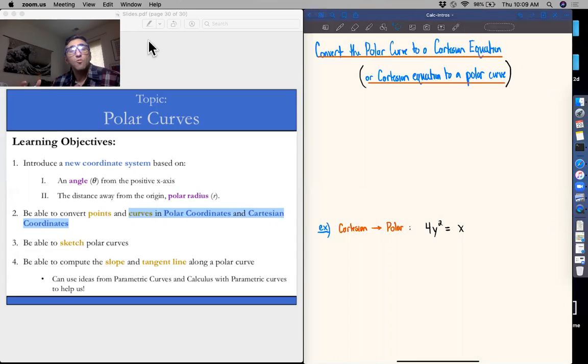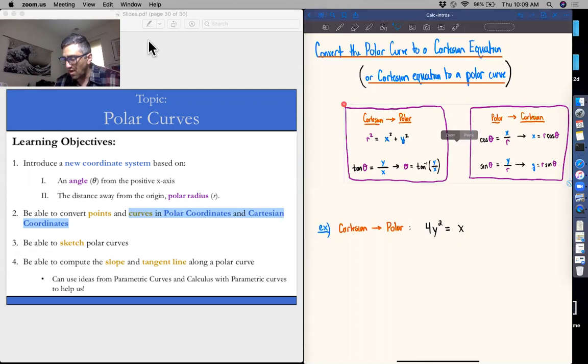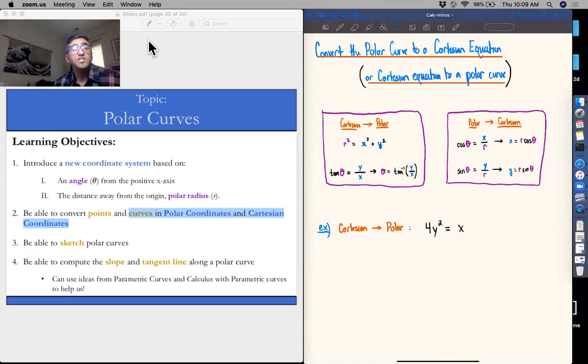Hey, so in this video, we're going to learn and see how to convert entire polar curves over to their Cartesian representations, or vice versa, converting a Cartesian equation over into a polar curve. So whenever we're doing any of these types of converting from polar to Cartesian, vice versa, or translating them back and forth, we're going to call on those equations that we derived that gave us relationships between those polar coordinates